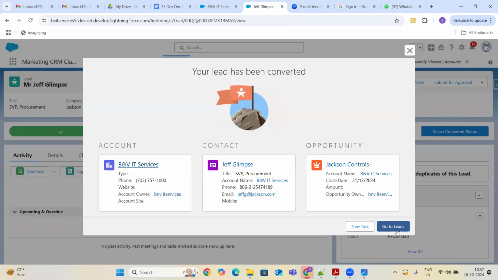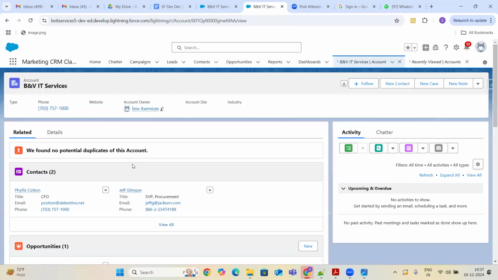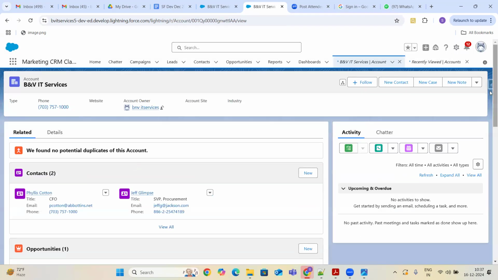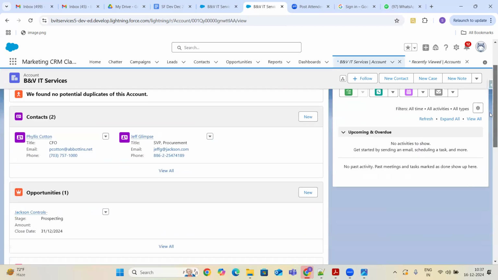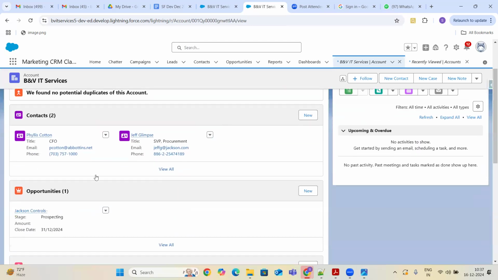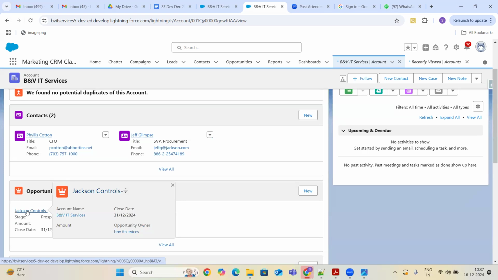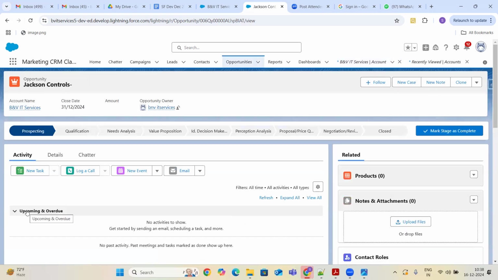So this time 3 records get created or updated. BNB IT services is the one under which contact and opportunity are created. If I open up the account, now I can see 2 contacts for this account and 1 opportunity. As soon as the opportunity gets created, this is the time the sales team enters into the process.